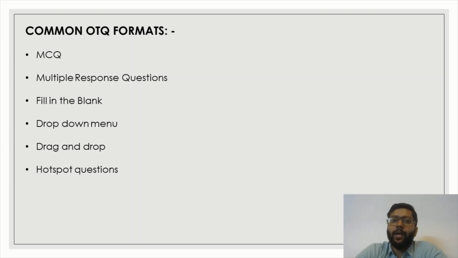And finally, you have a type of question that's not very frequently used called a hotspot question, which is basically they will give you an image and you will have to select the right area over there. For example, you might be given a graph and asked to identify an exact point on it. So you'll have to mark that point using an X. So these are the different types of questions that you can come across, and MCQs are the most common type